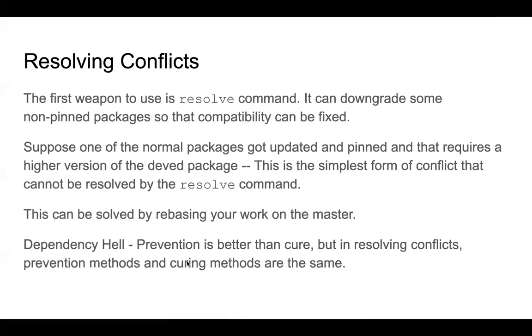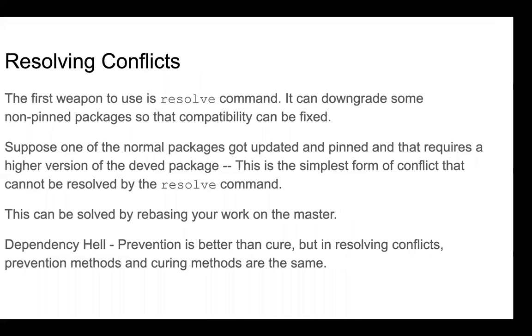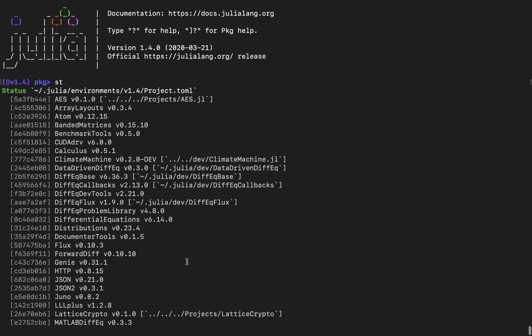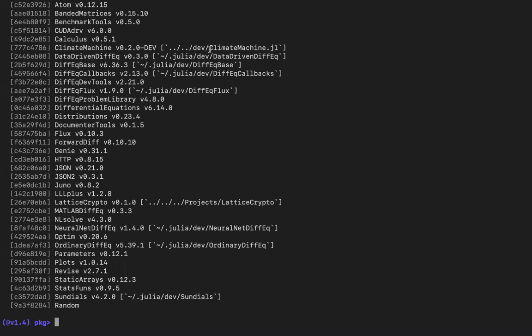But even if you get a particular dependency hell, the best thing would be to start freeing up your packages that you are no more developing. Currently I'm working on climatemachine.jl, defect-based.jl, and ordinary defect.